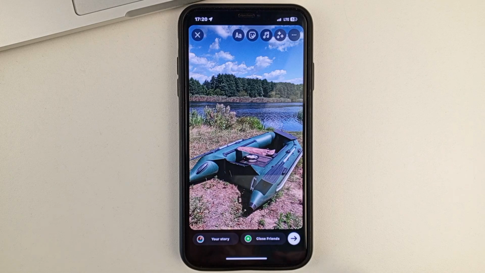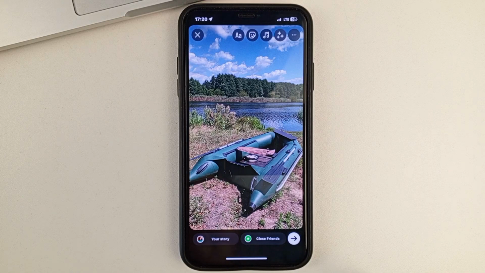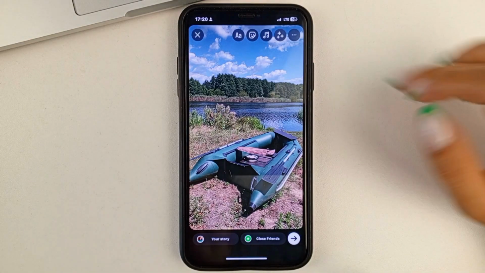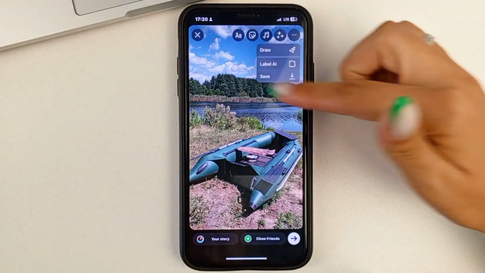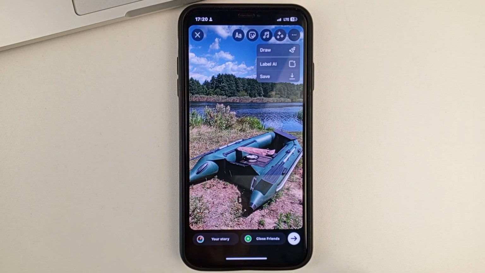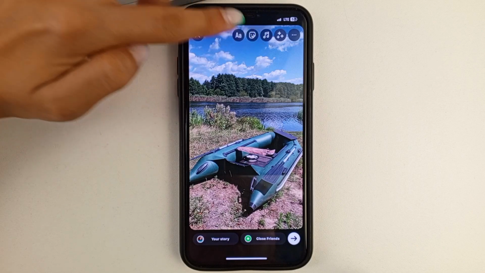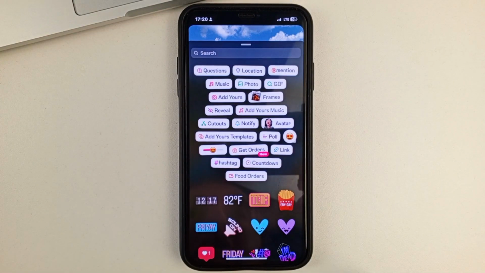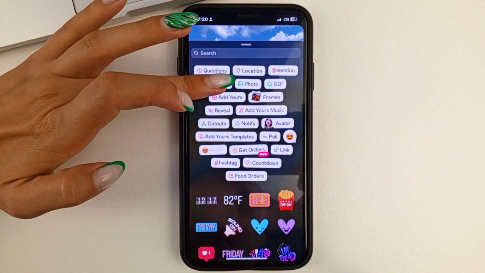And now friends, in order to add music, you can see at the top that there is this kind of melody icon. Yes, you can click on it. Or if you don't have it, then you may need to click on the three dots in order to find the music. Or you can click on this second smiley face here. And that's where you'll easily find the music as well. Click on that.